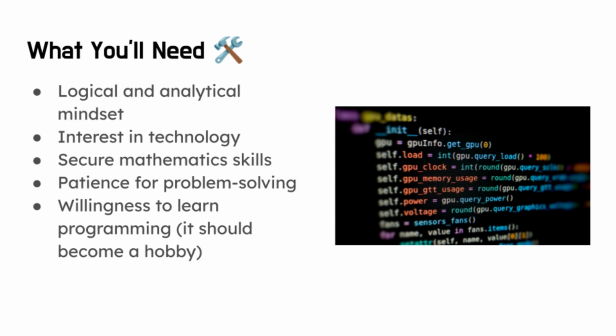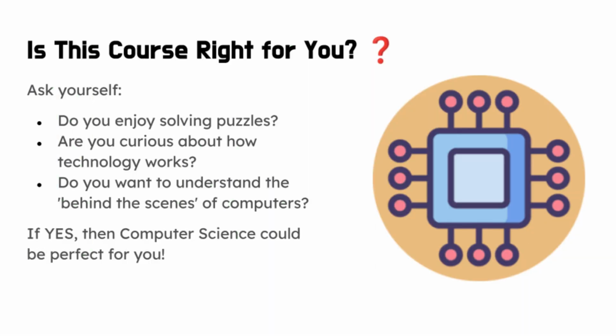I'd say one of the things that students struggle with most is the programming side of things in the Paper 2 topics. So if you start off early, following what we've done already in Year 8 and Year 9, if you build on that, then you're going to put yourself in a good position to do well in computer science. When deciding if computer science is right for you, some of the things you can ask yourself are,